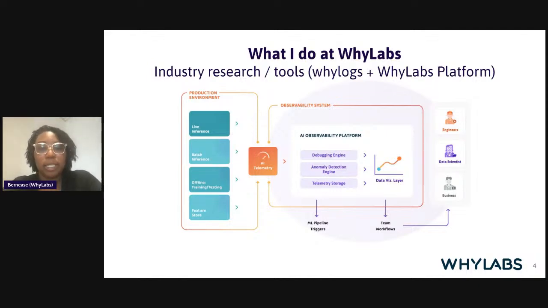So WhyLogs is our open source tool to do that. And it doesn't store your actual data at all if you don't want it to. What it does store is a bunch of distributional information so you can understand what's happening in your model, find outliers, that sort of thing. That can be passed on to the WhyLabs platform, and I highly suggest that you do, because that's where we can now think about these profiles not just one at a time or a couple at a time, but